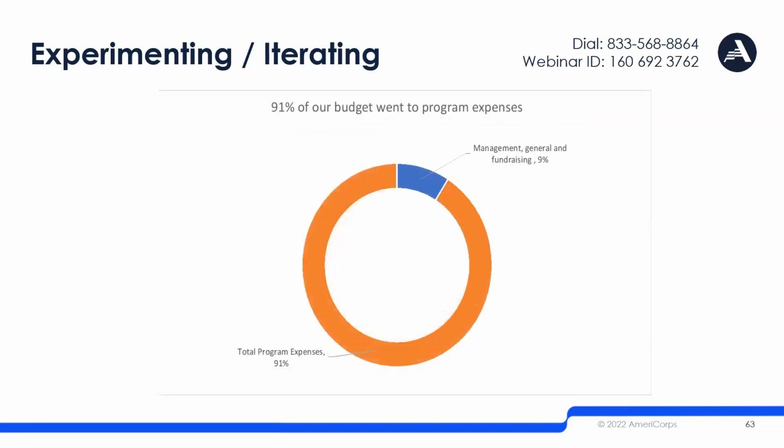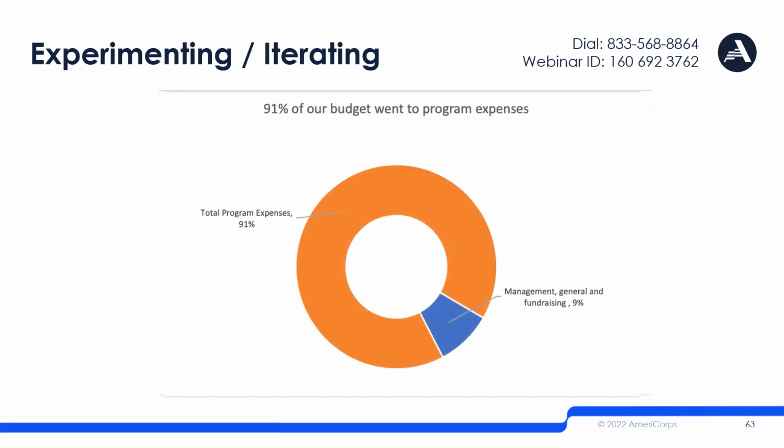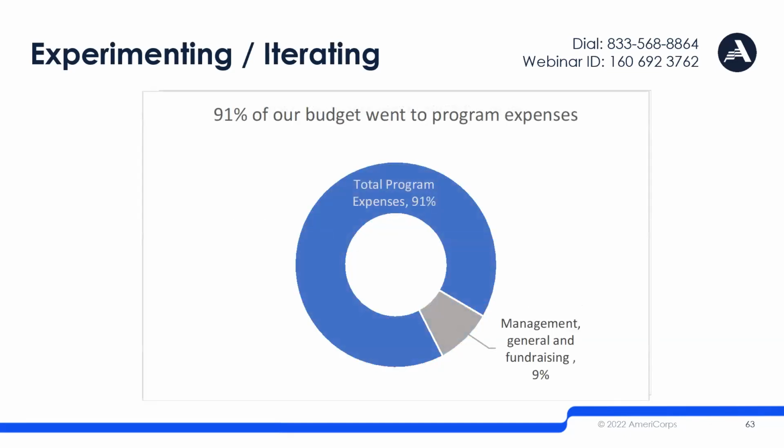Here we have an updated version where we've eliminated chart junk, adding direct labels. We then made the donut fatter so that it's easier to compare the two parts of the circle. Finally, we changed the color scheme so that it's a little easier to see if you print it out. And we've modified the colors and orientation to draw attention to our primary point, that most funding is going to